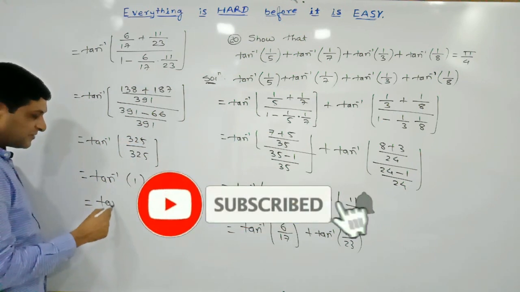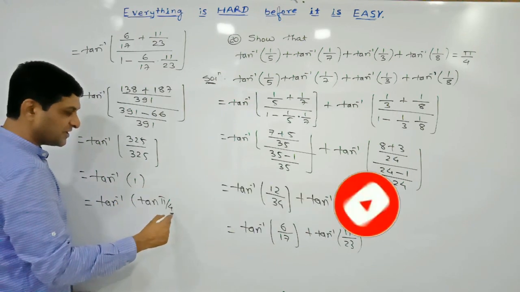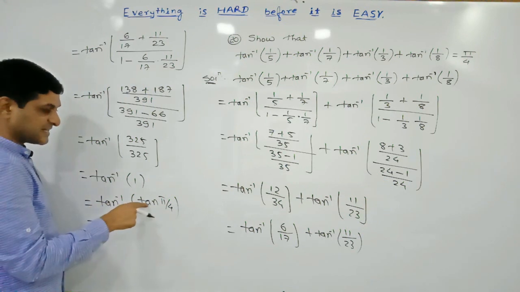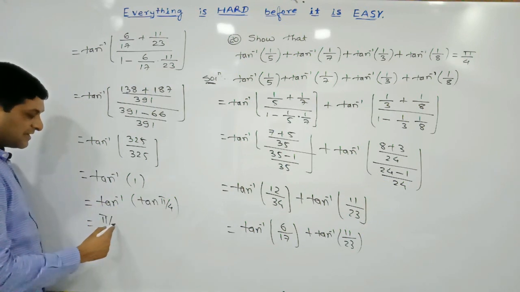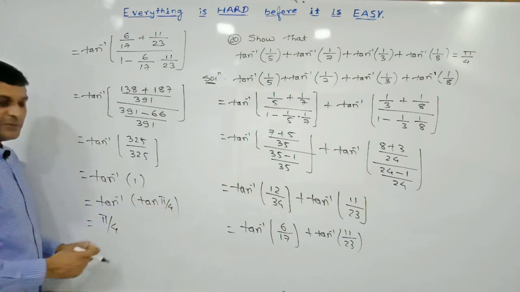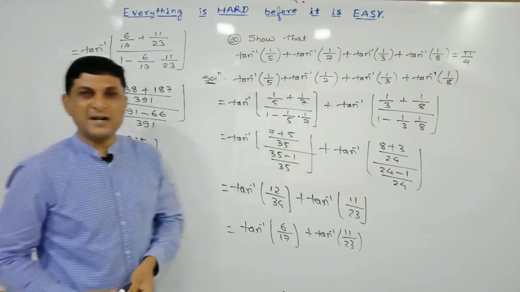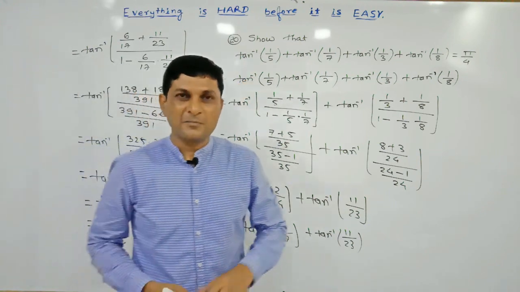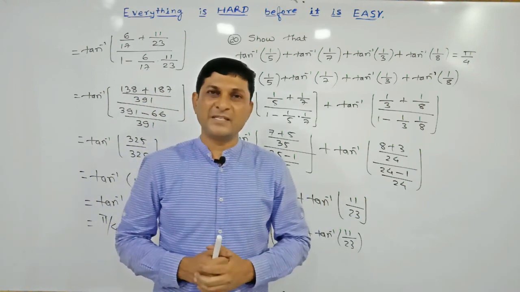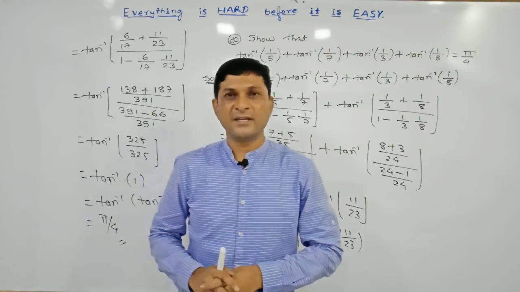But we know that 1 is nothing but the value of tan pi by 4, that is tan 45. According to the property of inverse trigonometric functions, tan inverse and tan will get cancelled, and the remaining part is pi by 4. We know that tan inverse of tan x equals x. In this way, considering the left hand side, we have got our required result. Right hand side is pi by 4. In this way we have completed the first 20 examples from this exercise. The remaining examples we will discuss in the next video.